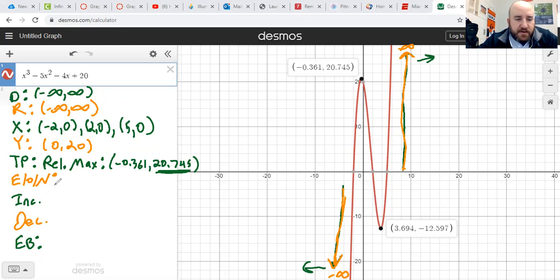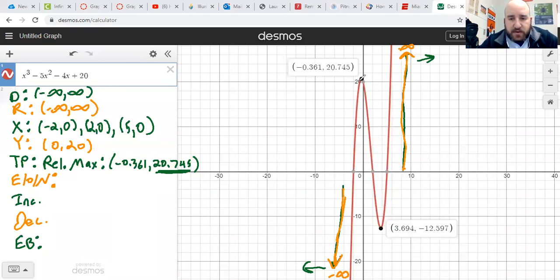All right, jumping down to even, odd, or neither. We talked about this, even or odd functions, in the notes video, so you can go back and watch it if you need a refresher. If we're looking at our function, you're looking for variables with only even exponents and a constant, or variables with only odd exponents. If you see at least one even exponent and one odd exponent, you automatically know it's neither. If you're looking at the graph, it's either going to have that even symmetry, so it's going to look like it reflects over the y-axis, which this clearly does not,